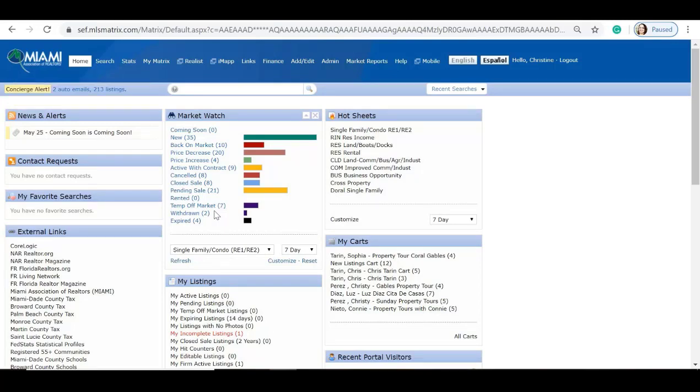I suggest you follow along with me. Go ahead and set that up to your preferred area so you can wake up in the morning and let the system do the work for you, let you know that there are 35 new properties in Doral, 10 that are back on the market, 20 that have recently decreased the price. We have 4 that have increased the price. We have 9 with an active contract. We have 8 that have been canceled, 8 that have closed, 21 that are pending, 7 that have gone temporarily off the market, 2 that have been withdrawn, and 4